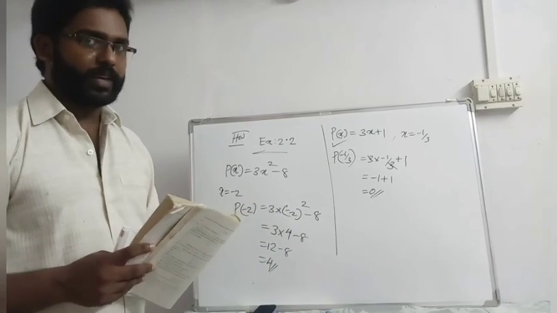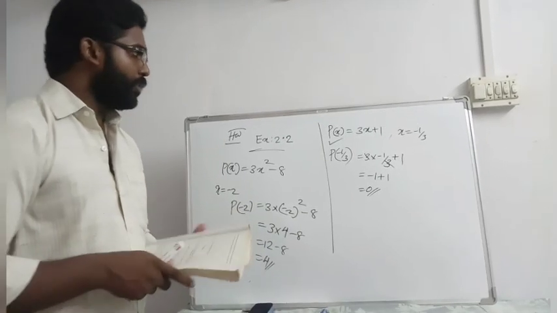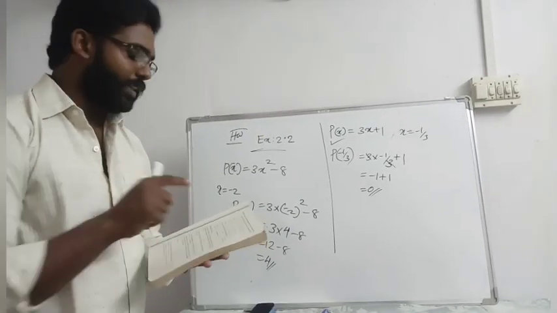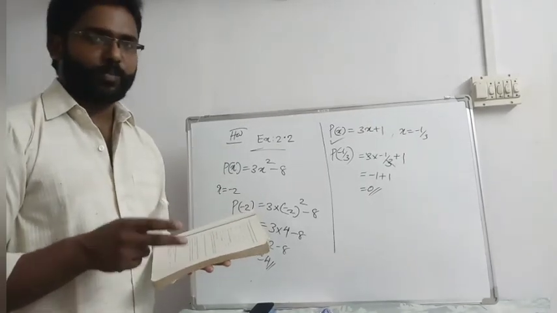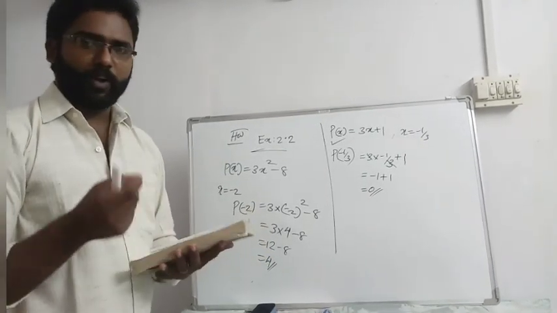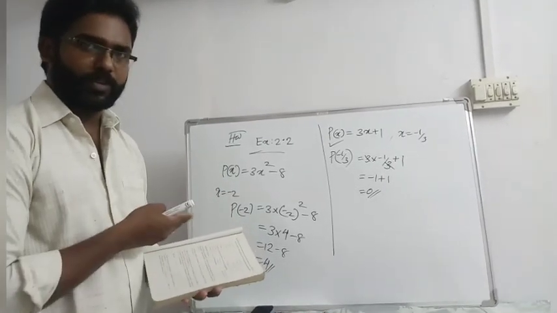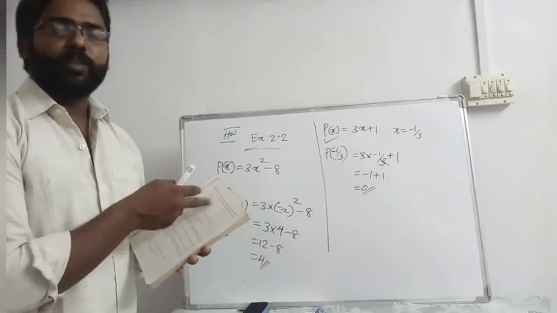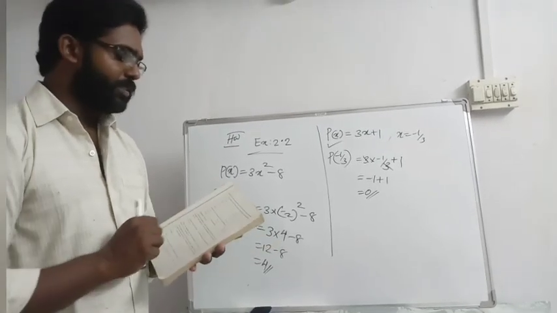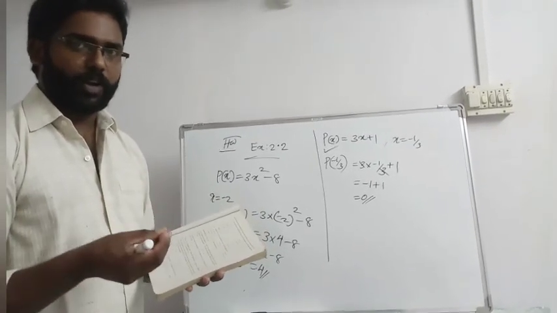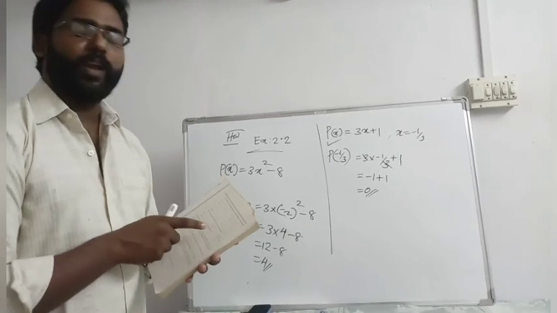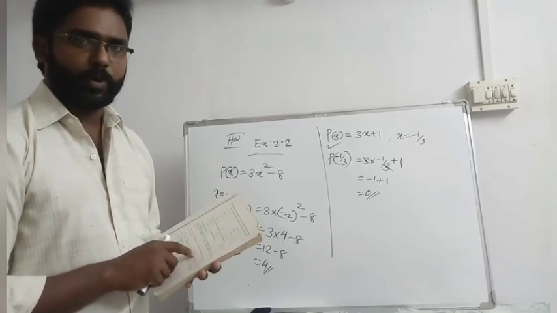You are in 9th standard, so be very serious. And the last question, find the zero of the polynomial. They give some polynomial, find the zero. I already did 4 questions for you, the previous ones. So there are 4 questions: first one, putting values; next, verify; and last one, find the zero of the polynomial.